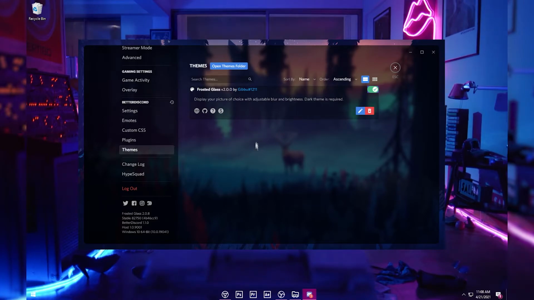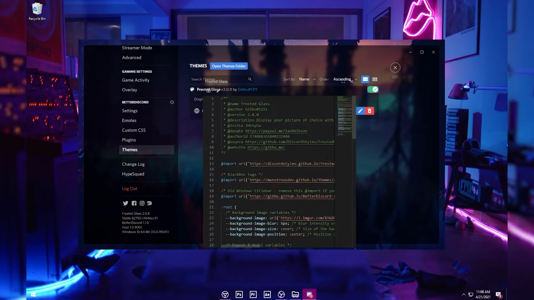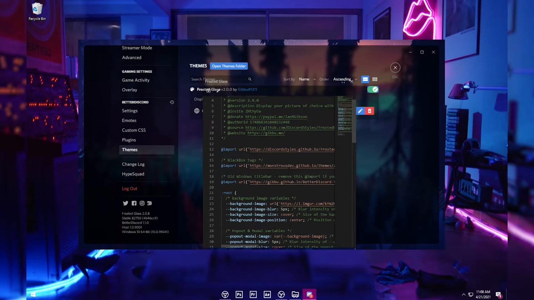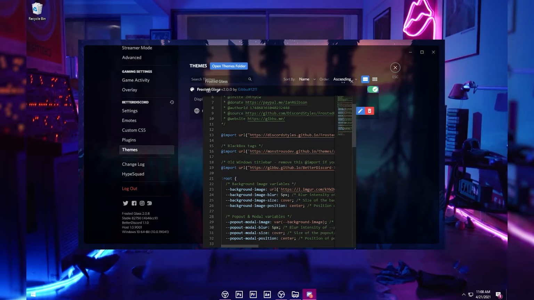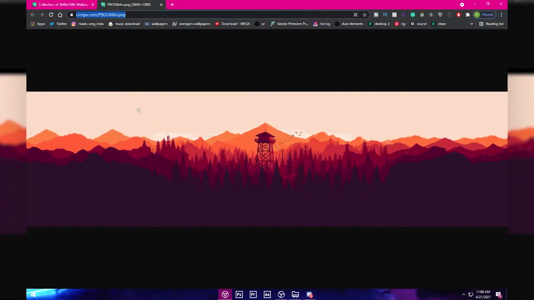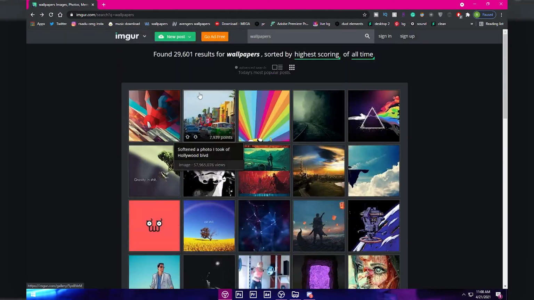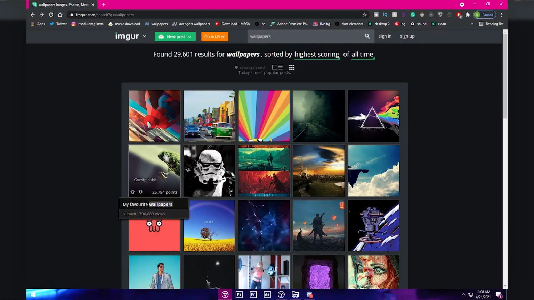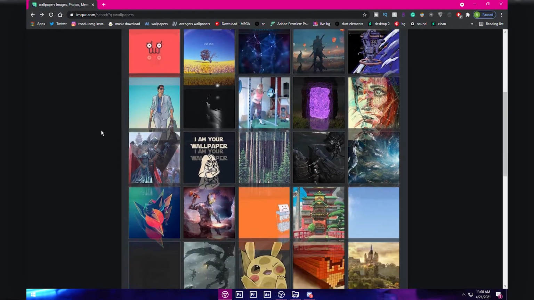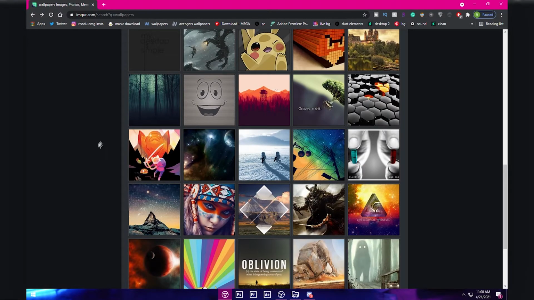Well, to change the image, you want to click on edit, and now you will see this thing, background image URL. So this is the URL. What you want to do is open up your Google Chrome and go to imgur.com, and you can search for any image that you want. I searched for wallpapers, and it gives me lots of cool different wallpapers to choose from. As an example, I'm gonna select this image right here,